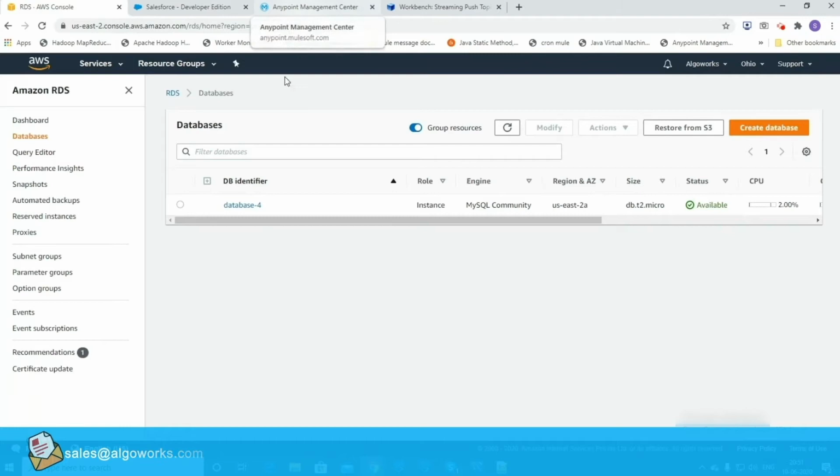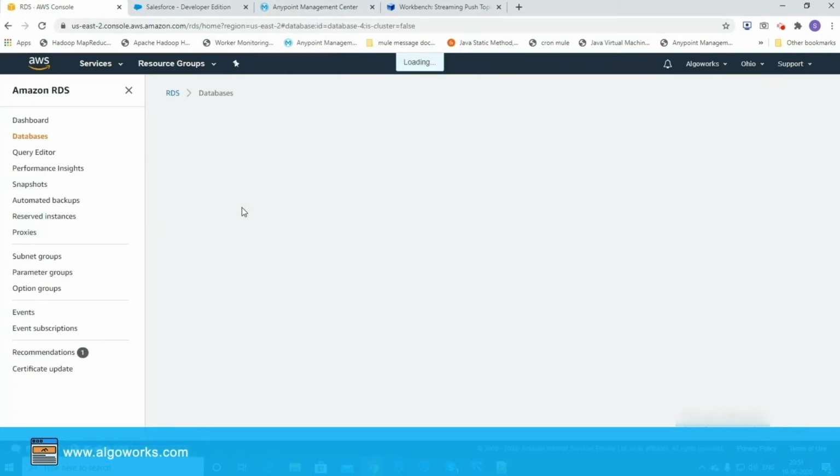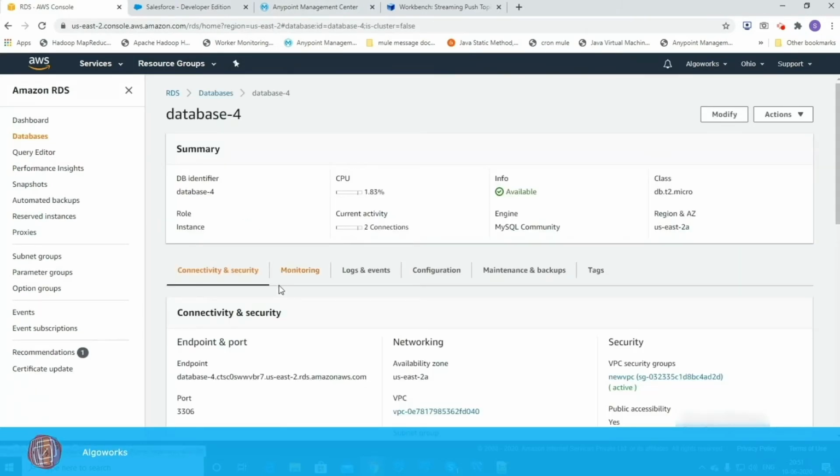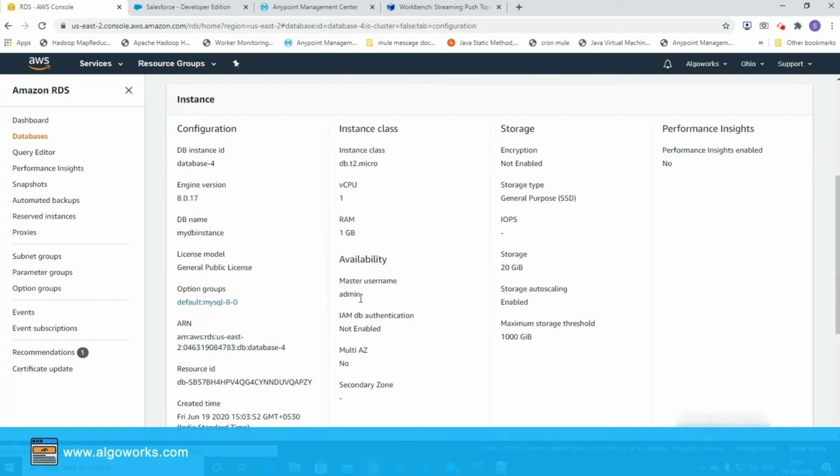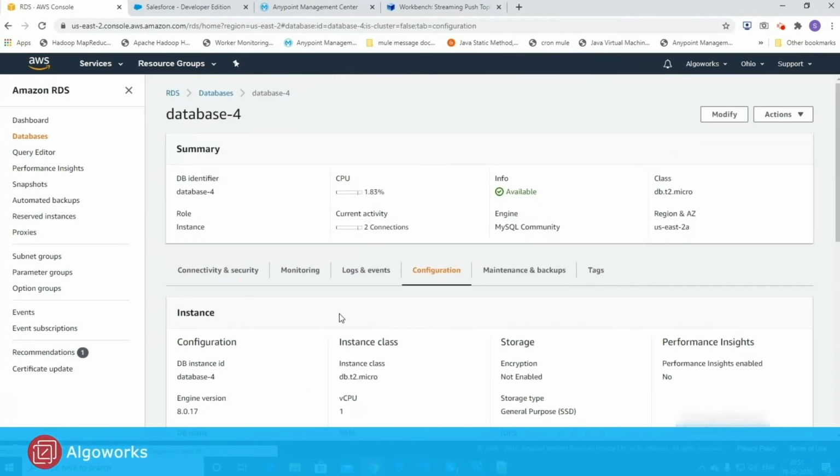So this is my database instance, and some of the configurations which we require are here: the endpoint of the database, the port number, the username, and so on.